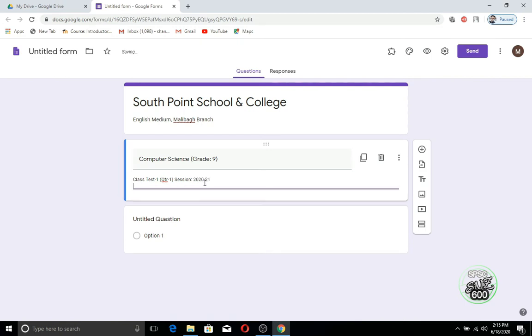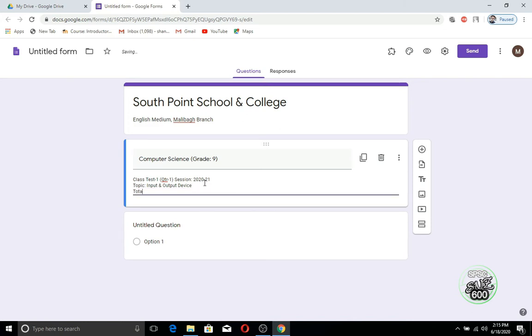I'm writing the topic name of the class test, input and output device. I'm adding total marks, 10. So you can write more instructions by giving enter and adding more lines here. So I have created the heading part of the question.